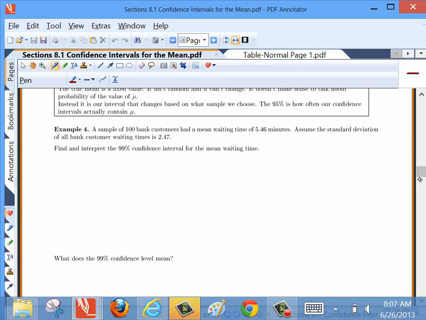So let's try another example. Assume a sample of 100 bank customers has a mean waiting time of 5.46. So that was a sample. We had n equals 100. The sample mean, that's an x bar, is 5.46. Assume the standard deviation of all bank customer waiting times